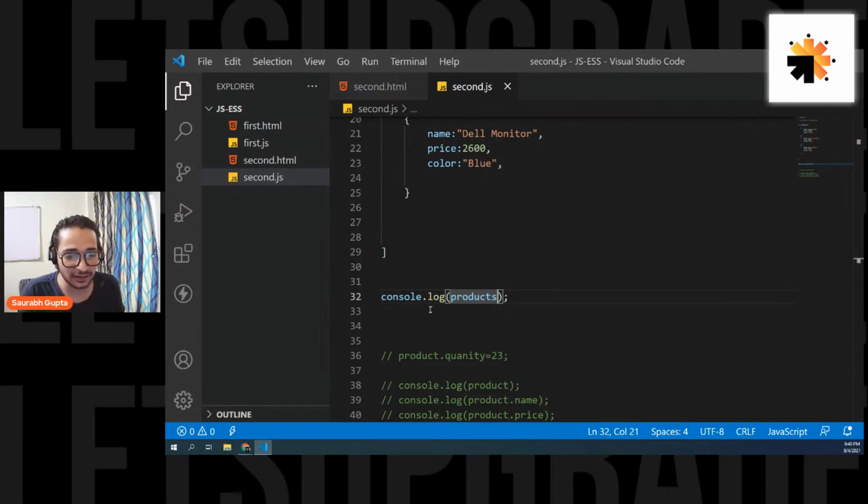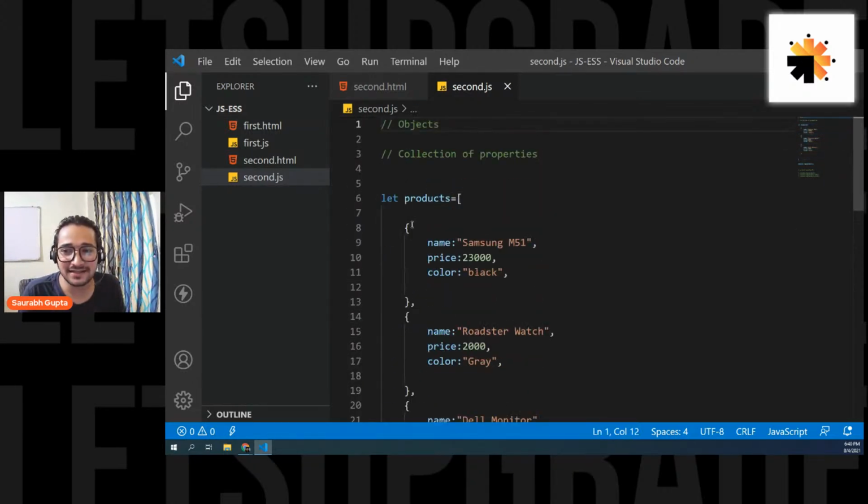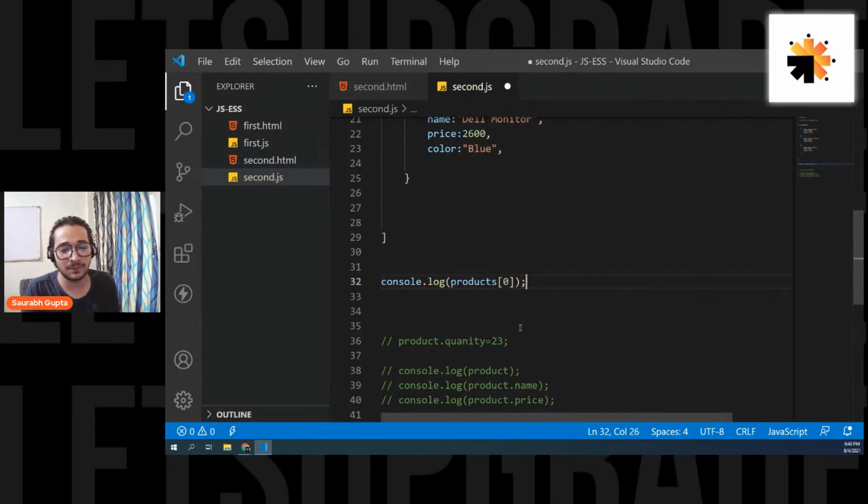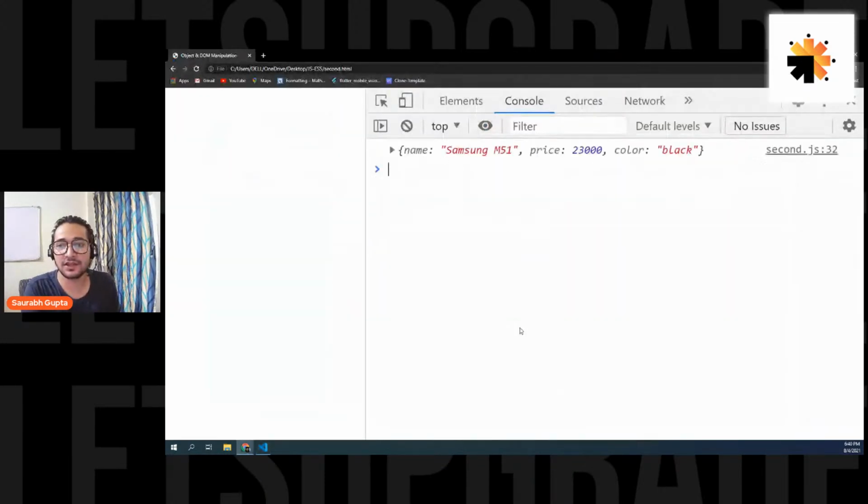No, you don't have to use dot. Ajay, you don't have to use dot, right? Products is an array, right? Don't get confused, buddy. Always read your code. Understand what you are working with. Products is an array, and if you want to access the first element of an array, you simply put [0]. And that's it. Here you go.